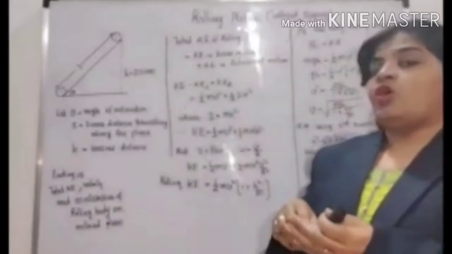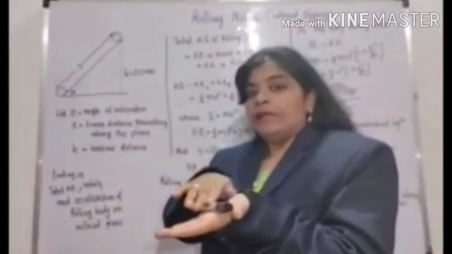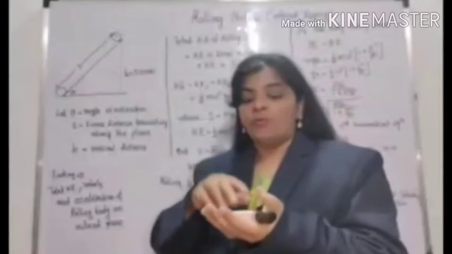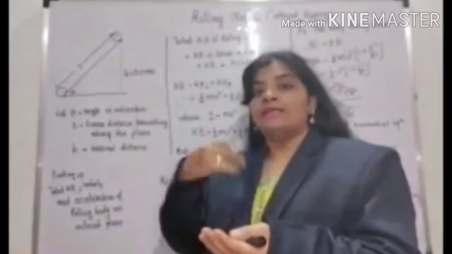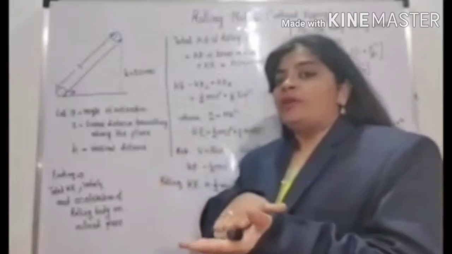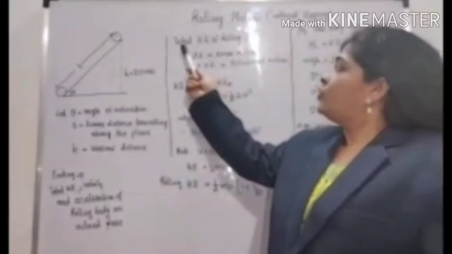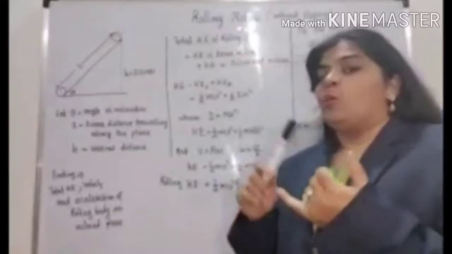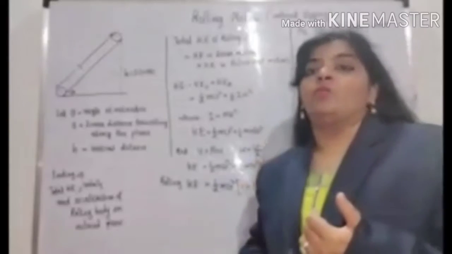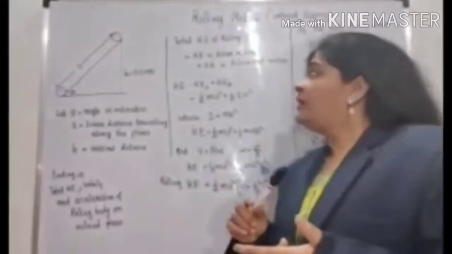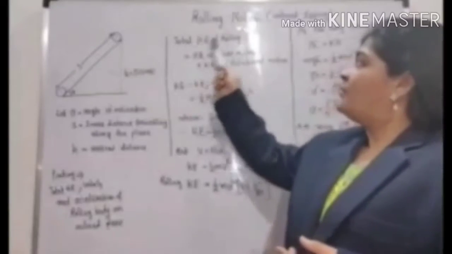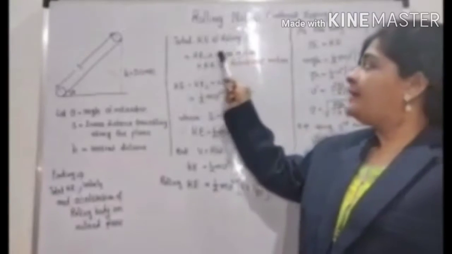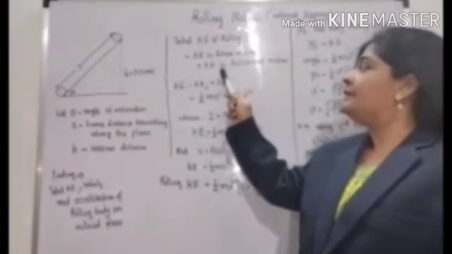If the object is rolling along the inclined plane, then two types of motion are there. One is that the object is performing linear motion, and second is that the object is rotating about an axis. Therefore, for the total kinetic energy we have to consider two kinetic energies: one is the kinetic energy in linear motion and second is the kinetic energy in rotational motion. And the formula is given here. Total kinetic energy of a rolling body is equal to